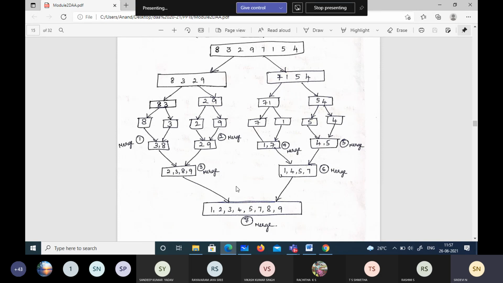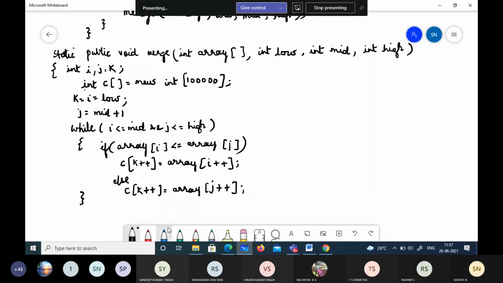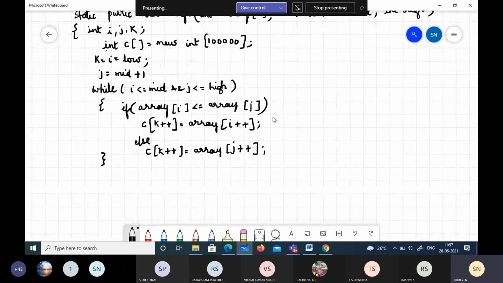In some cases, depending on the elements, it may happen so that there may be elements in the right half and this may get exhausted. Once either of them get exhausted, we have to come out of the while loop, leaving the other elements. So we should have 2 while loops to copy the remaining elements from both the arrays, either of the array if it is left out. So only we have 2 more while loops. Okay, let me write that.